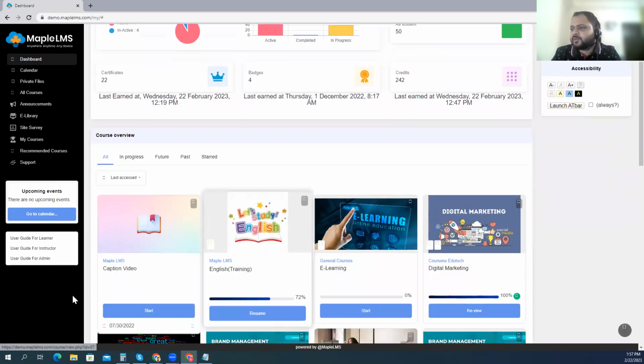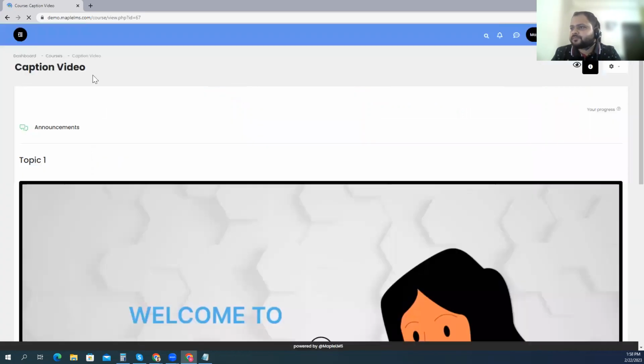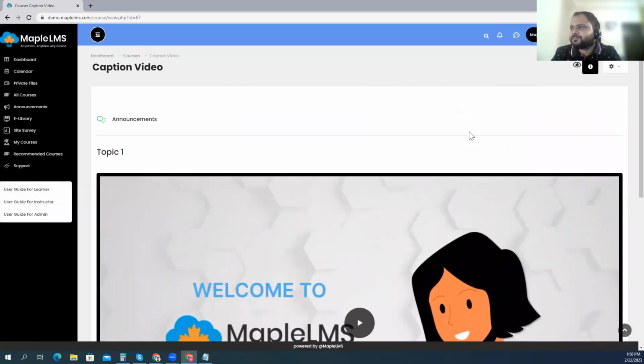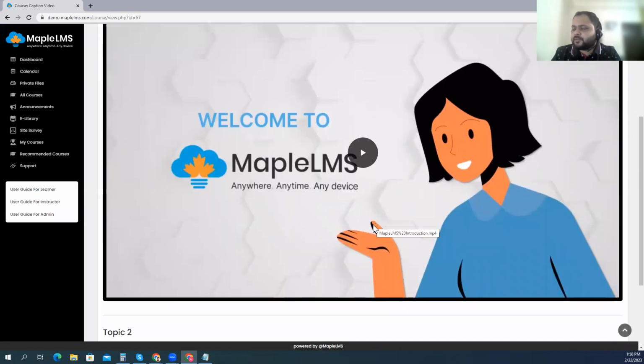And I have a quick example of a captioned video over here. If I go to this video, this video player, as I mentioned, supports captioning. So you can upload captioning in not just one but multiple languages along with your video.